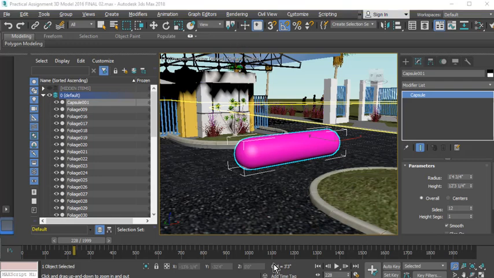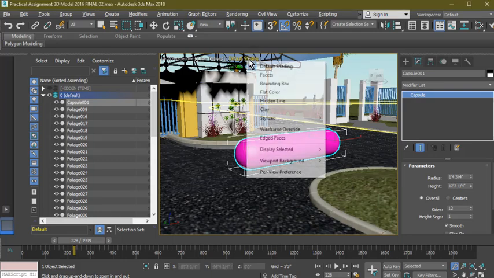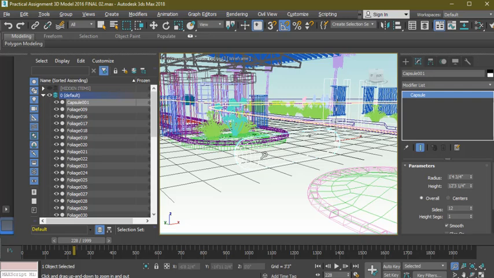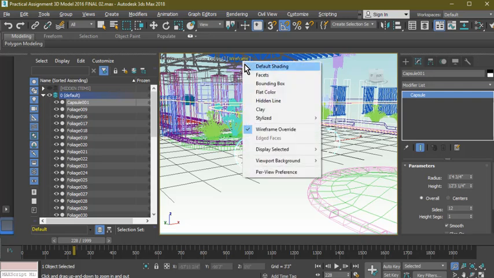So if I look on my viewport shading, I see that I'm looking at default shading, but I could look at wireframe. Can't see much there. Could also look at hidden line,